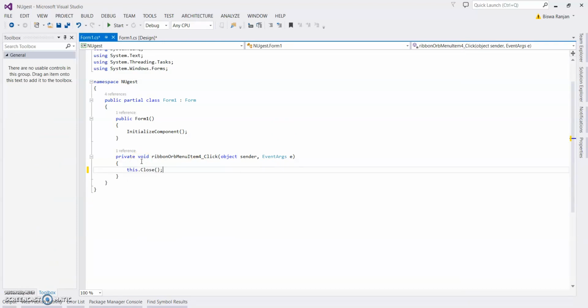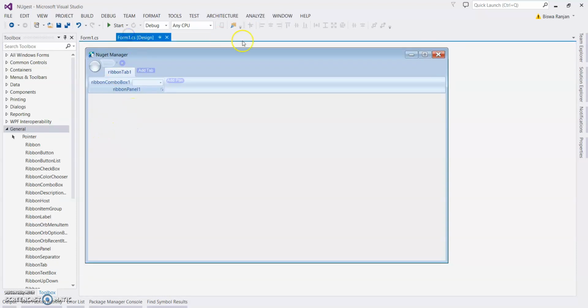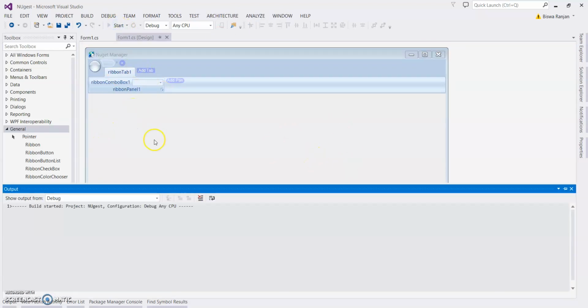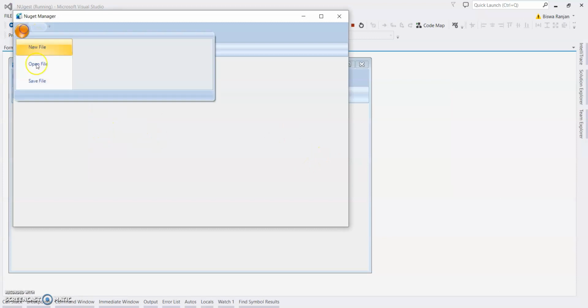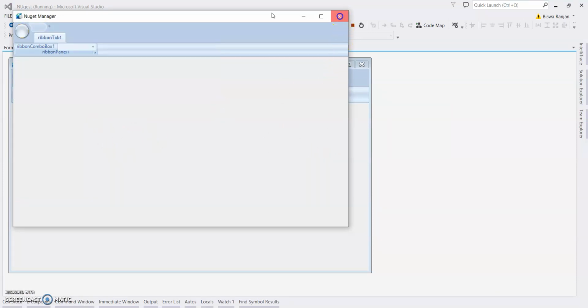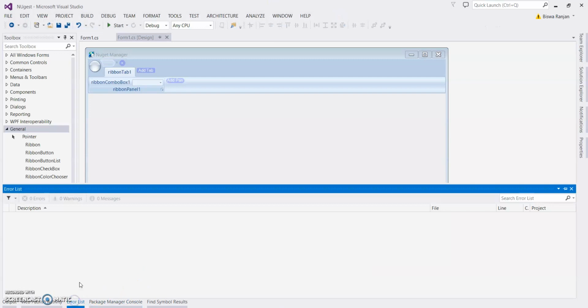It's the same programming as I showed you in my previous classes. The code behind will be the same, but the look and feel of your application is much better. You can see now. That's an error, I think. No error.